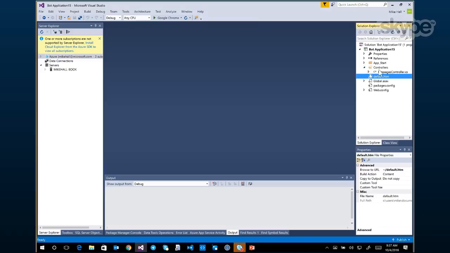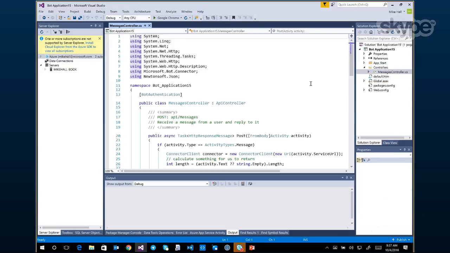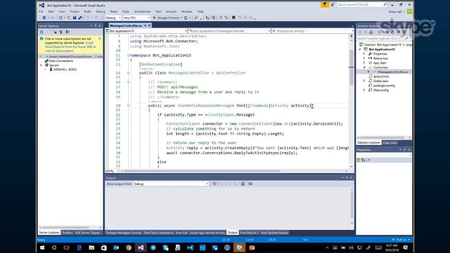Okay, now let's go take a look at the code. So in the controllers folder, there is this file called messagescontroller.cs. There is one function here that is interesting for you as the bot builder. This is a function called post, and post takes in an activity, and you can think of an activity basically being a message. So what this is going to receive is a message from the user on the messaging channel that the user is on.